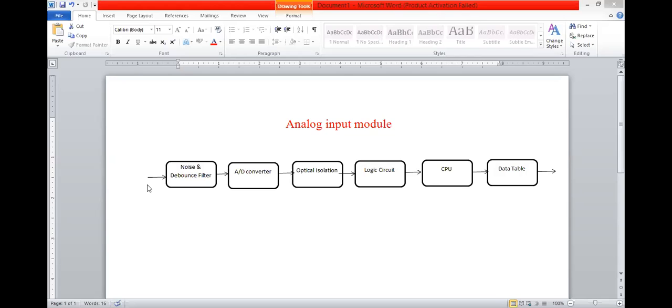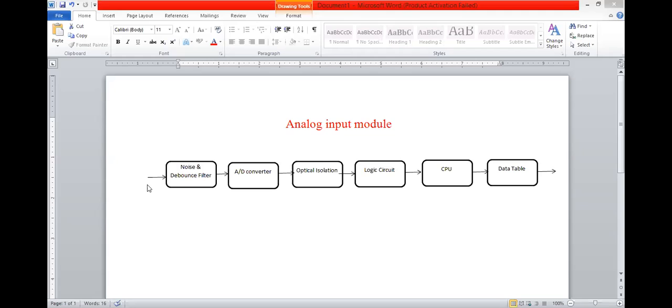Suppose one sensor is analog in nature, giving some output in analog form. The sensor output is not directly used; we have to pass it through an amplifier, which amplifies the signal. But when amplification is done, the low voltage noises are also amplified, because the amplifier does not recognize the signal only.